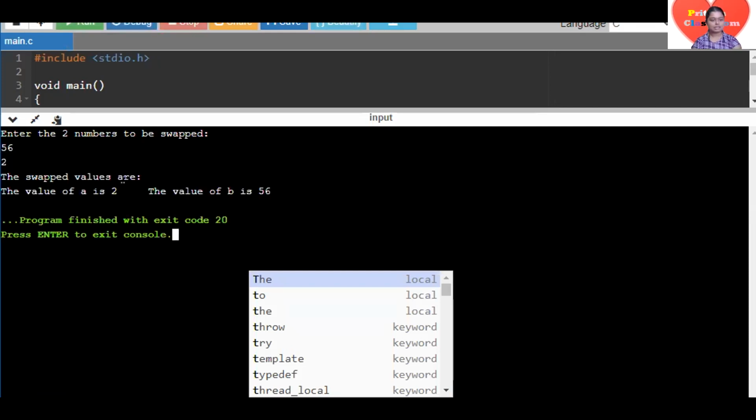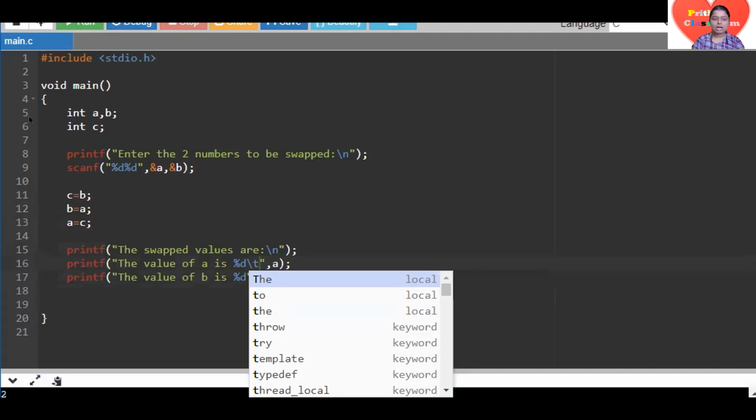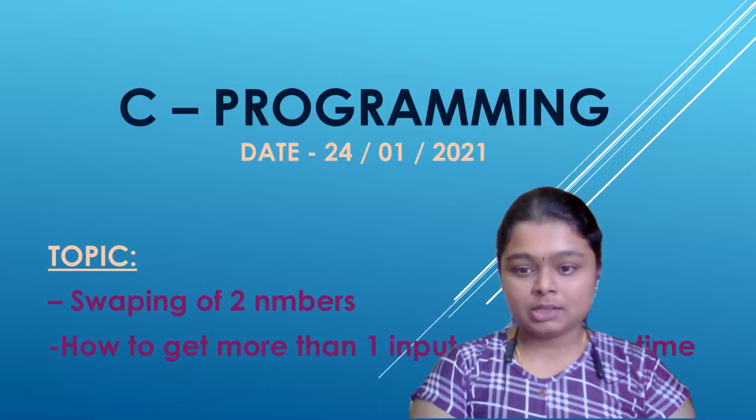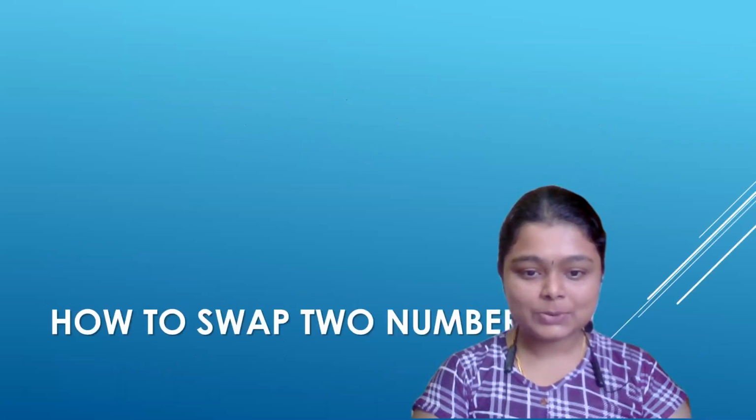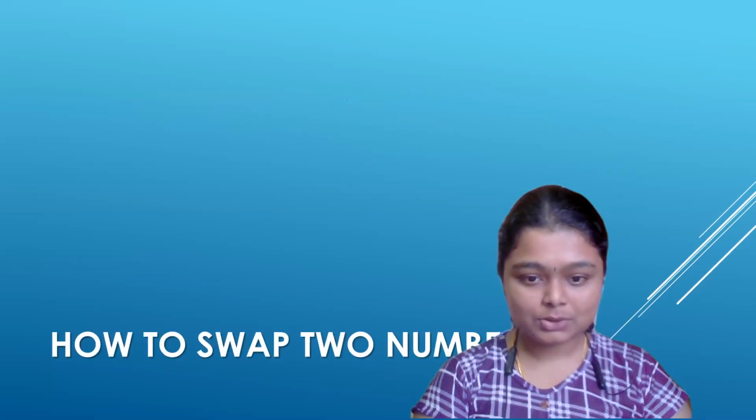Now you can see the tab in between the two sentences, right? All right. So I hope you are clear now what is swapping and how to swap two numbers. Again, I'm telling you, here we are just using a very simple logic, but if you have your own logic, you can always utilize it. Okay, so this is the solution.